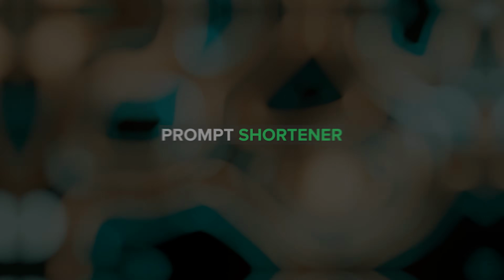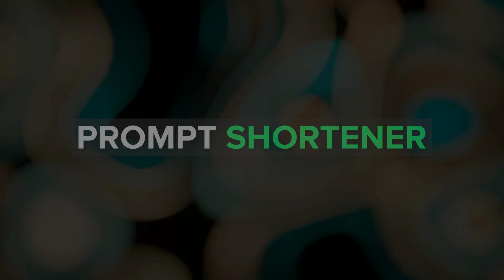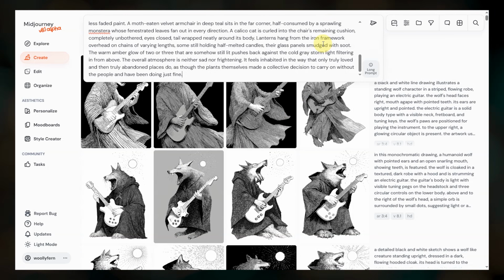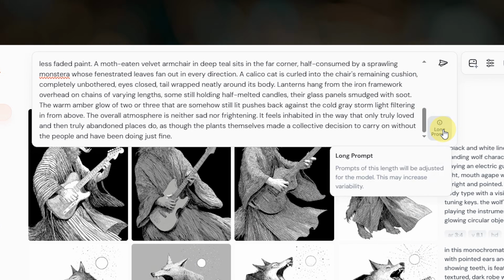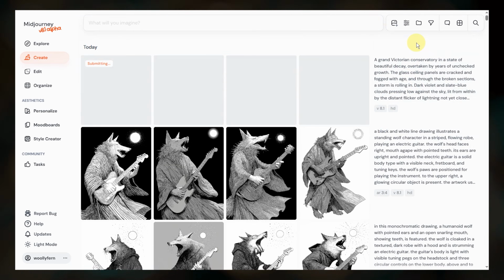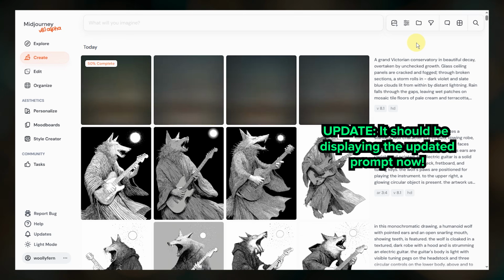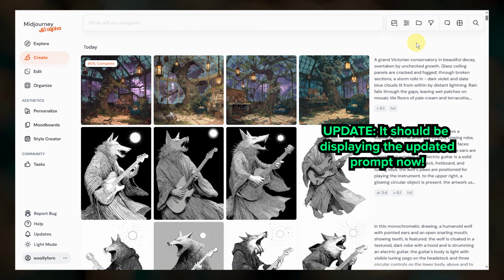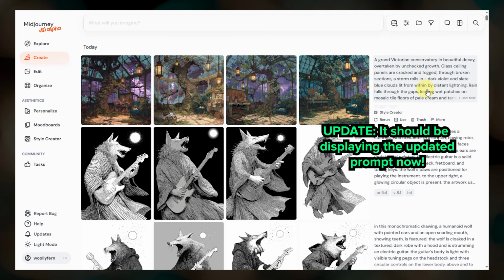in the right direction. There's now a prompt shortener that kicks in if your prompt is longer than 1,300 characters. I believe prompts were previously just getting cut off if you hit that limit before. Now you'll see this message if your prompt is too long. Most people will never hit this limit, and honestly, if you're regularly hitting this limit, I'd argue that there's probably a more concise way to write your prompt. You can still run your prompt, it'll just get shortened behind the scenes. And as of filming this video, it is displaying the original prompt over here instead of the new shortened prompt,